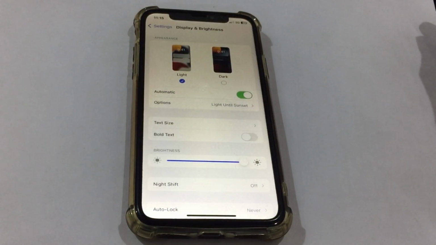Okay, so as it was switched from the dark mode to the light mode, you guys can see a very big difference. First the screen was dark, and now the screen is light and bright. And another thing,